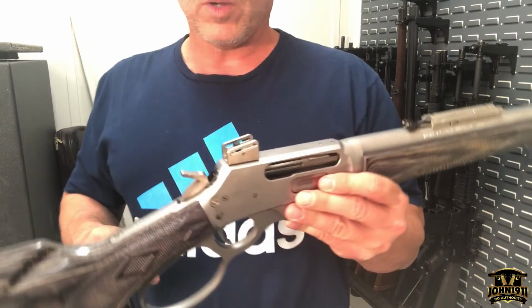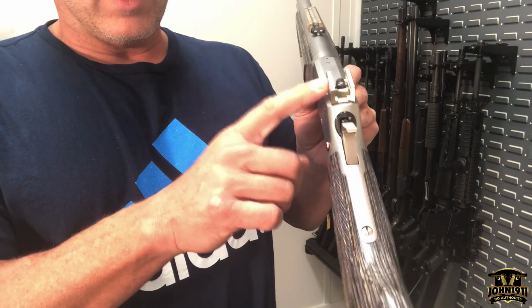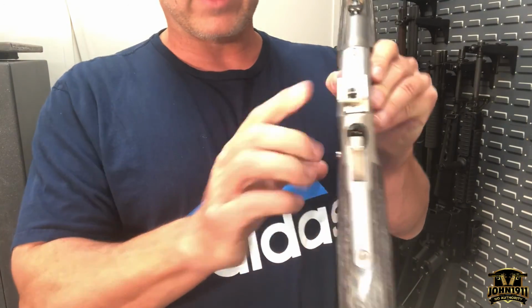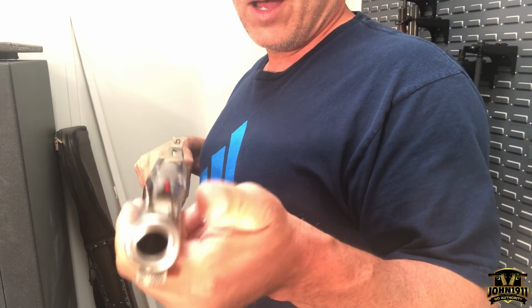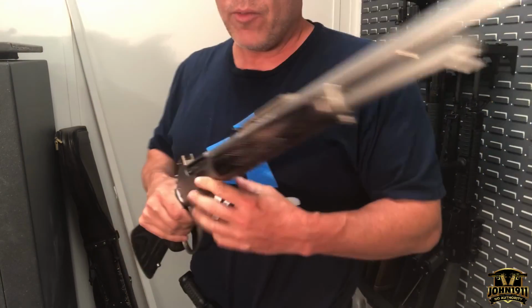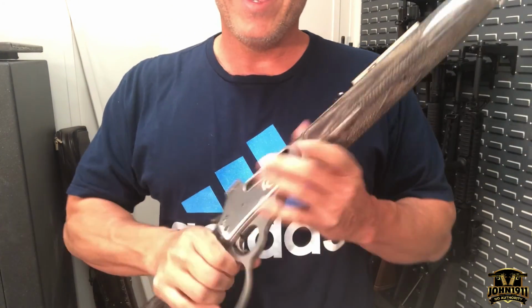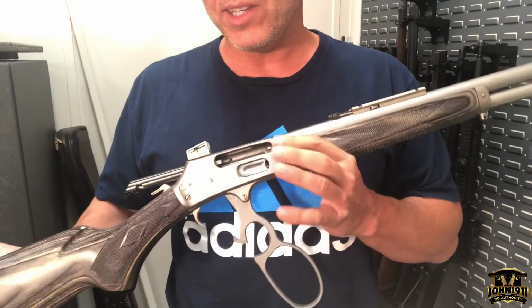They put their own proprietary Wild West branded ghost ring rear, and it's protected. And then they have a caged front with a fiber optic also to protect it, which is a very effective sight. So the only person that has ever actually, as I recall, used this gun to